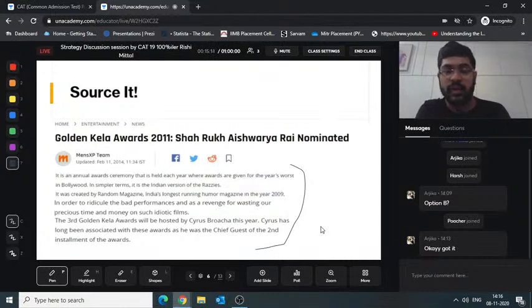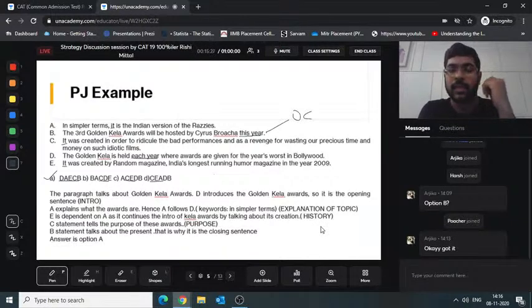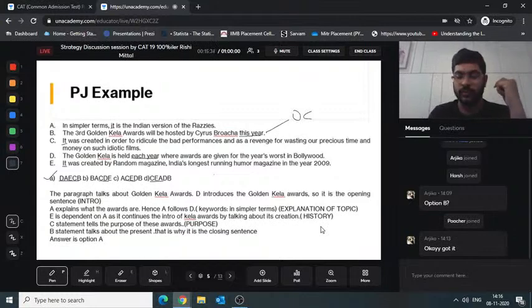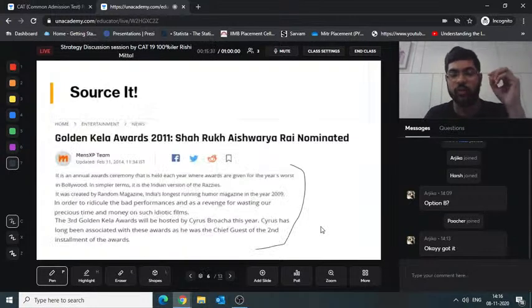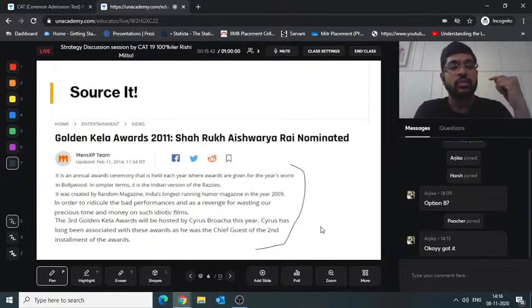This will also help you in another manner. How? You'll be reading articles. Secondly, what also happens in para-jumbles is that there are 5 sentences, all of them seem to fit in place. But sometimes there is a sentence which has a different writing style. Those are the most difficult kind of para-jumbles to catch. So if you are going to the source of every question and reading that article once, slowly you'll start identifying the writing styles of particular people. And what I mean by writing styles, you'll understand if you do this.